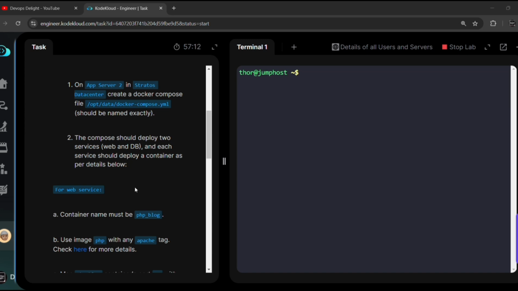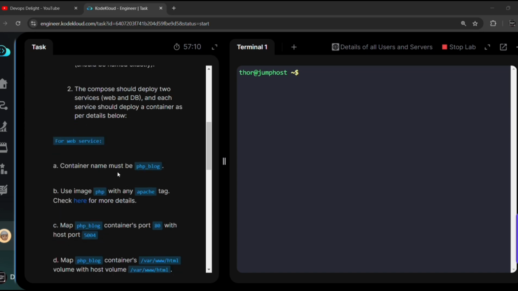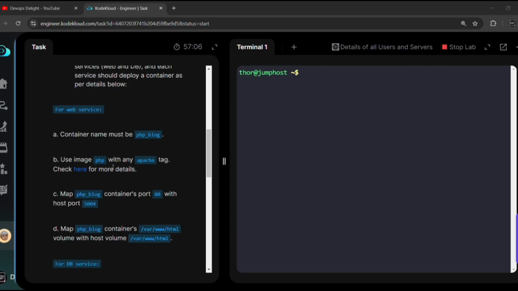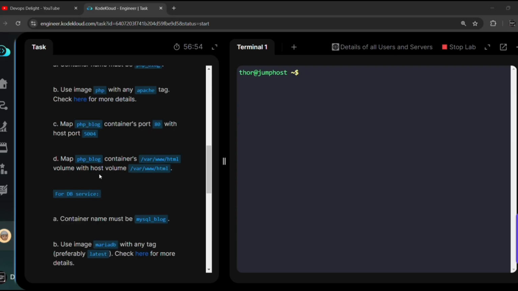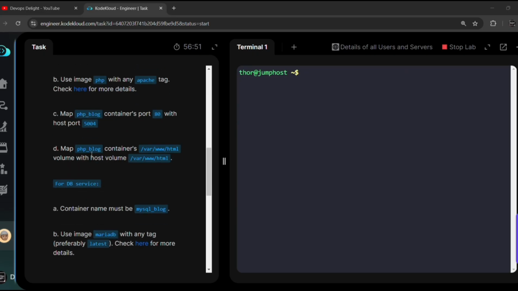For the web service, the container name must be php_blog. Use image PHP with any Apache tag. Check here for more details. Map php_blog container port 80 with host port 5004. Map the php_blog container's /var/www/html volume with host volume